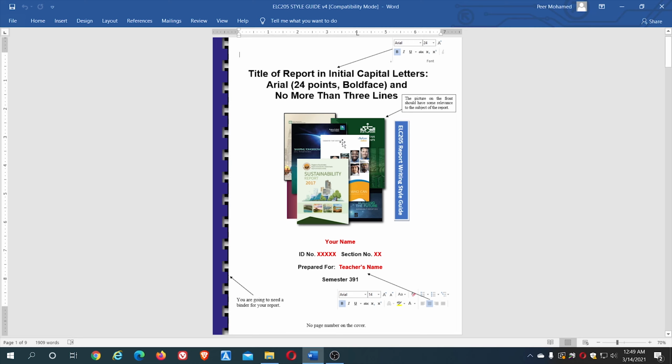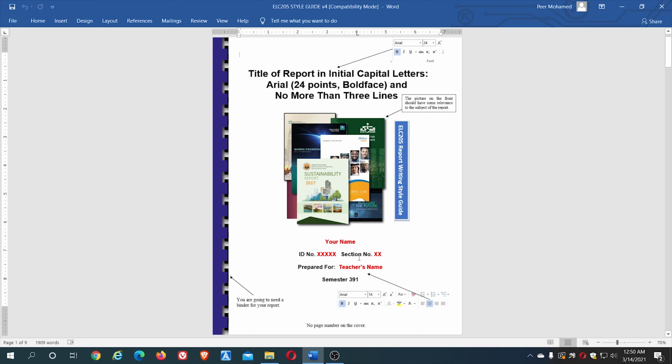Next to the title, place a picture. Take for example, if you are writing about the car industry, put the picture of the car industry. If you are writing about the food industry, put the picture related to the food industry. Or if you are writing about anything scientific, you can put a picture related to that scientific writing. If it's a technical report, you can put the picture. If it's a processing or any other kind of electrical engineering, you can put the picture here.